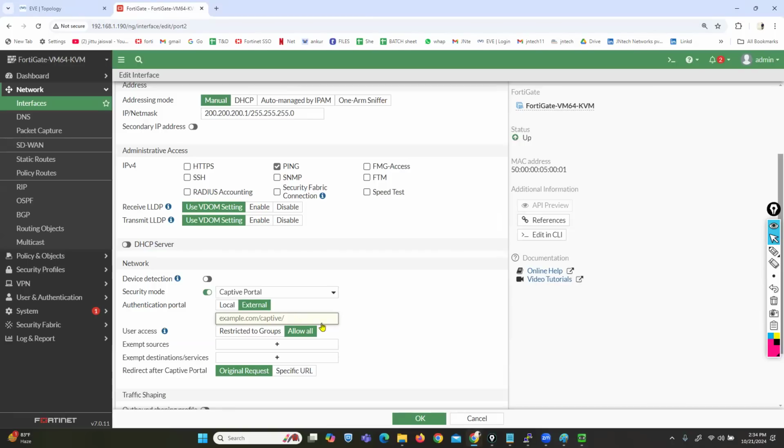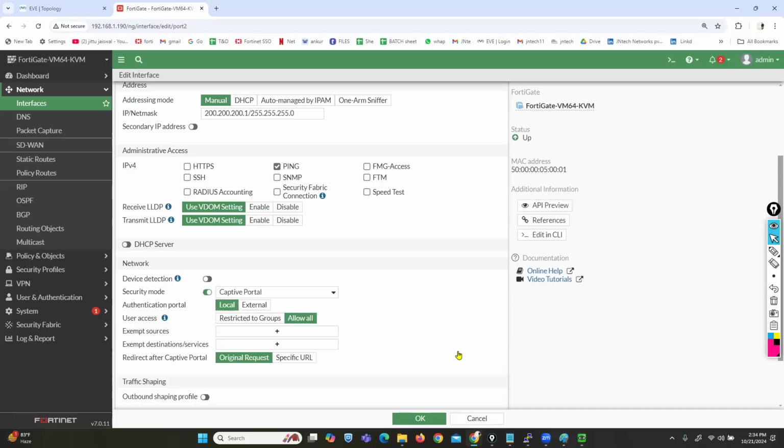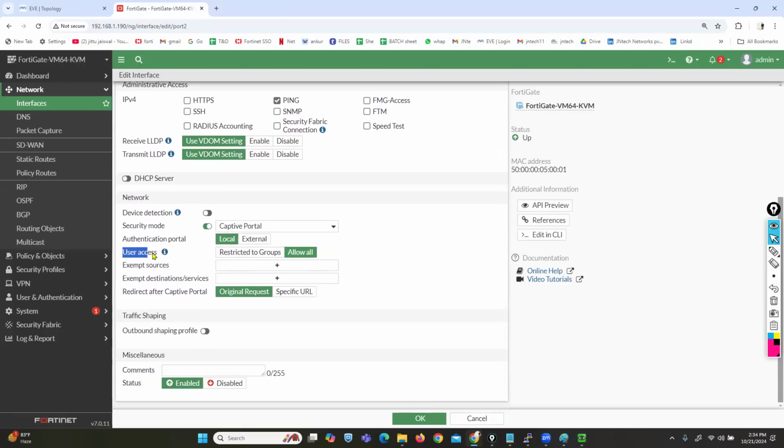For testing, I'm using the local authentication portal. I don't have any external authentication portal page, so I'm using the local page. This is a common option. A local page is available in Checkpoint and in Palo Alto. Now you can go with user access. You can give the captive portal page to all, or if you want to restrict it to a group, for example, if traffic is initiated from a specific group,